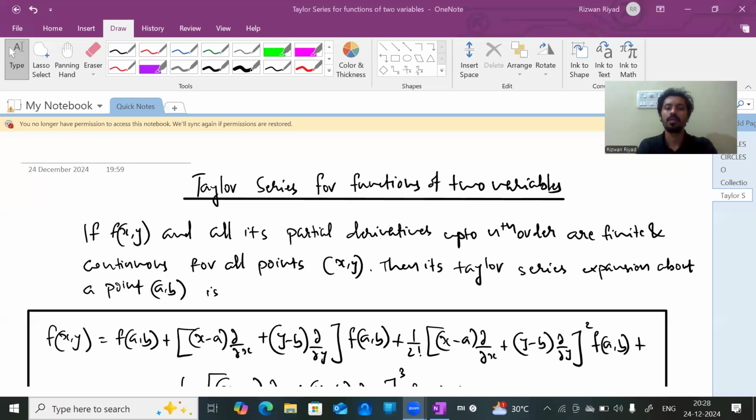Today we will be discussing the Taylor series expansion of a function of two variables. So, Taylor series for functions of two variables. You can read here: if f of x, y and all its partial derivatives up to nth order are finite and continuous for all points x, y, then its Taylor series expansion about a point a, b is, you can see here,